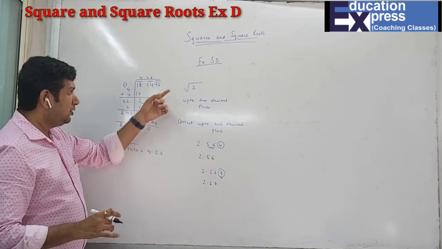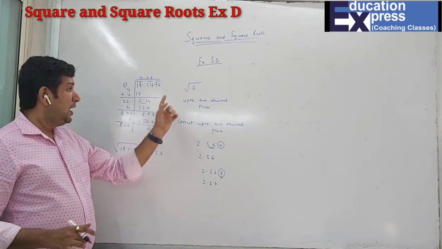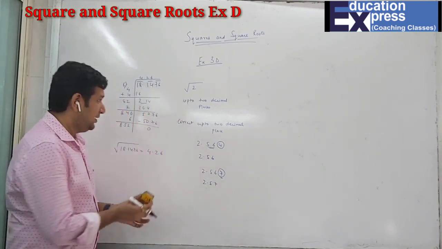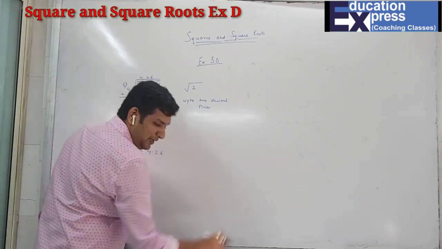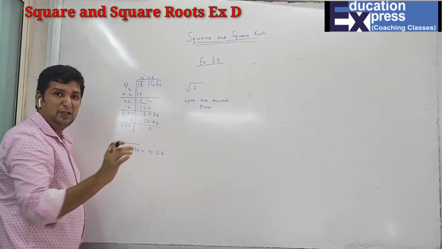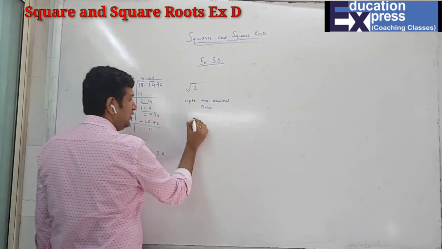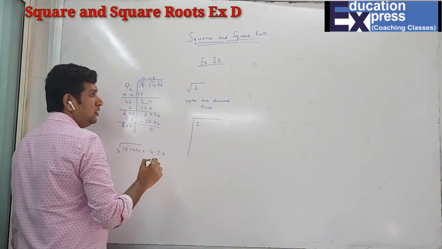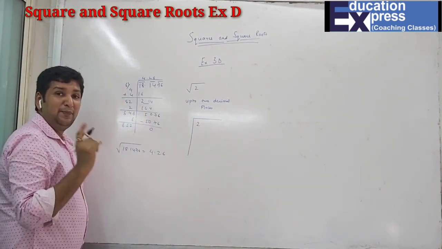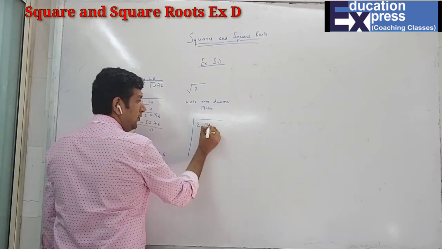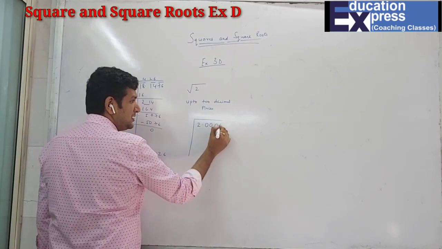Now question number 2 they have given is root 2 up to 2 decimals, that means I just have to find 2 decimal places. We'll start right now. As I've told you, obviously we don't have a proper square root, so that is why they have given a limitation up to 2 decimal places. So the remainder we have will not be 0. Students, when you write 2 decimal places, that means you have to take 2 pairs. For 1 decimal 1 pair, for the second decimal a second pair.